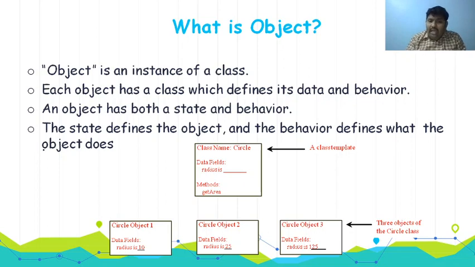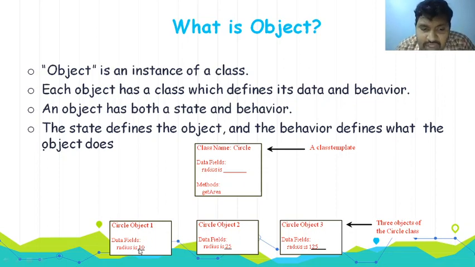So see here, I have a template model class called Circle. It has fields like radius and getArea. Based upon that, I have created one object, and another object like that, to create three objects. So each object has its radius fixed as data. For whatever objects we create from the Circle class, it is compulsory that they have a data field called radius.